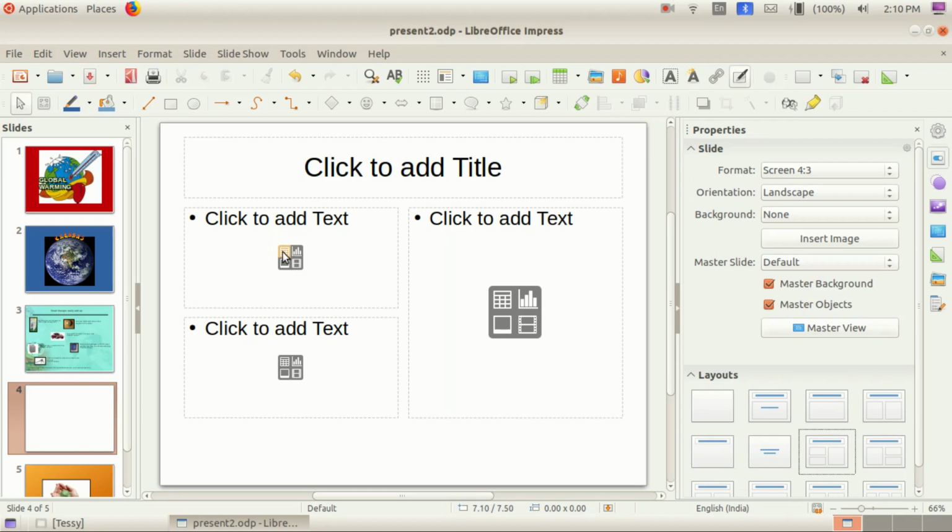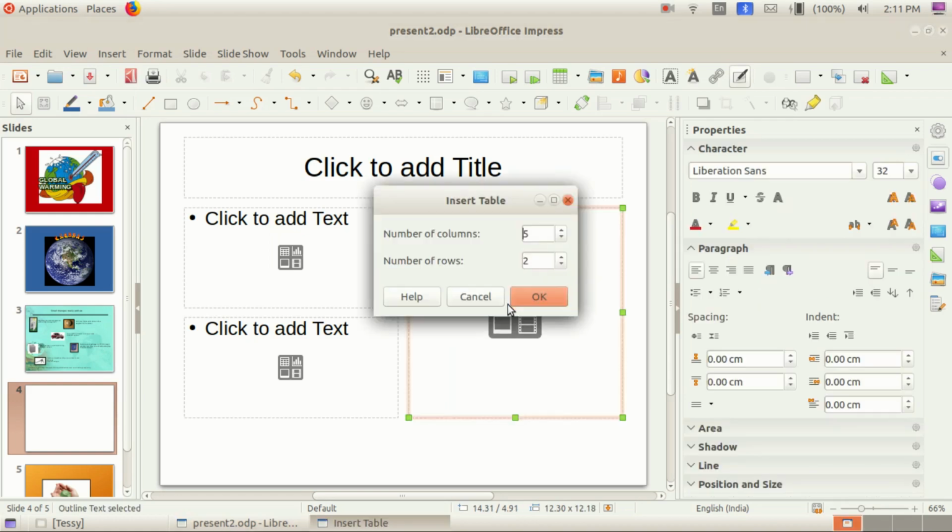Okay, look here. Here also you can insert a chart. Here also you can insert a table or audio or video. Then select the slide in which you want to insert it. Then click the table insert in the Insert menu. Otherwise, how can we? We will click here.